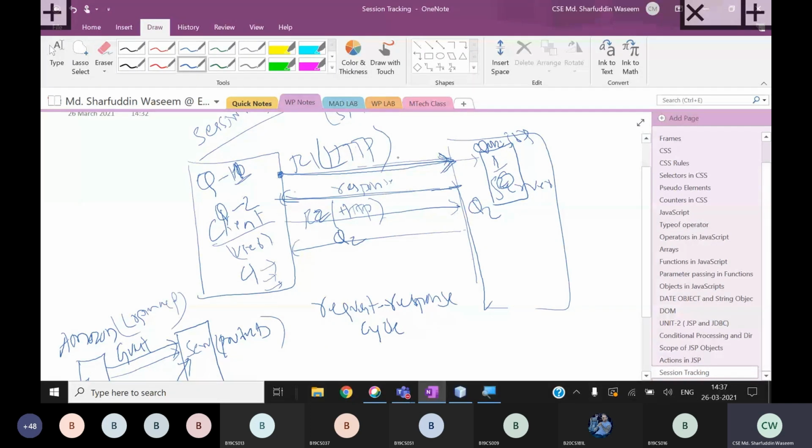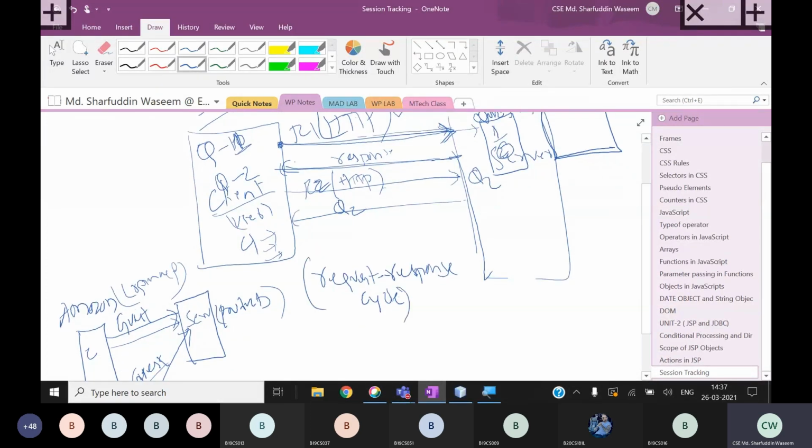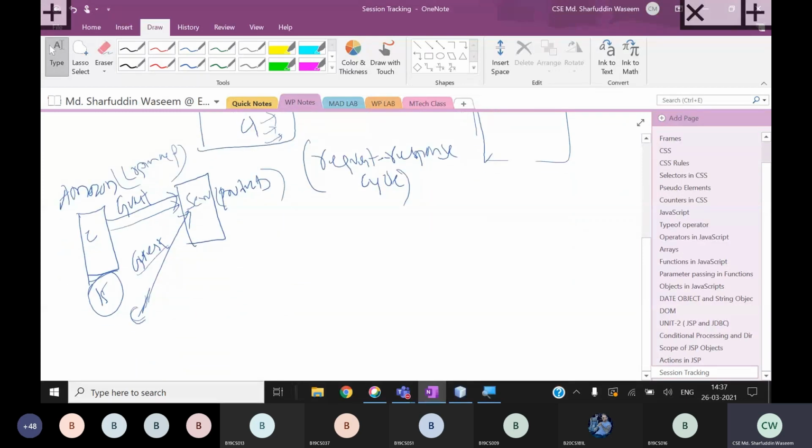Your HTTP will not track this. I have to create a mechanism, either at the server end or at the client end, such that I can recall or correlate the request and response cycle. So here there are different mechanisms. Basically we use 4 different types of mechanisms, called hidden form fields,